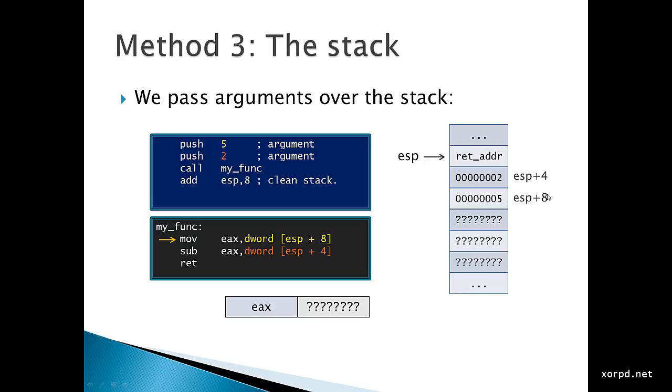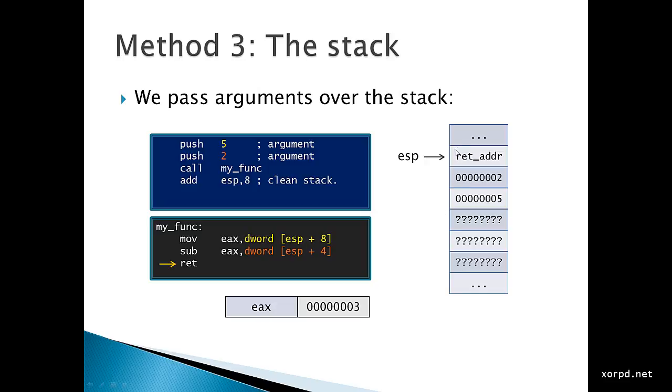So ESP plus 8 points to the dword 5, which is this argument. So we load 5 into EAX. Next we subtract from EAX the value at ESP plus 4 in memory, which is just 2. So the result expected is going to be 5 minus 2, which is 3.